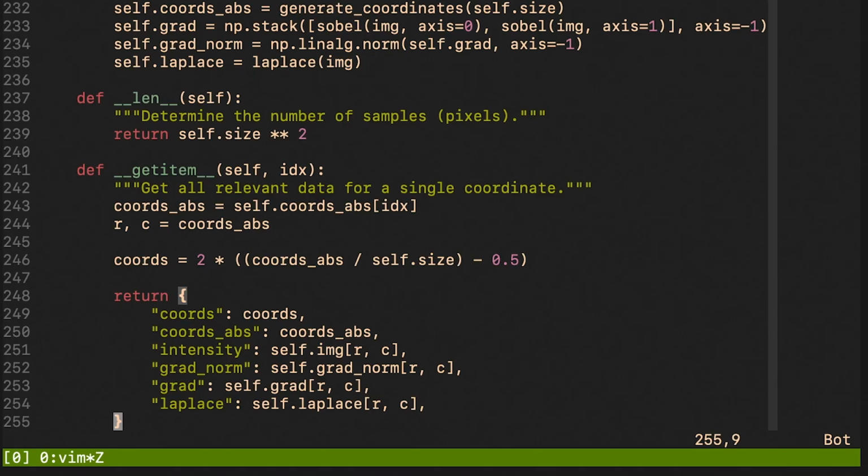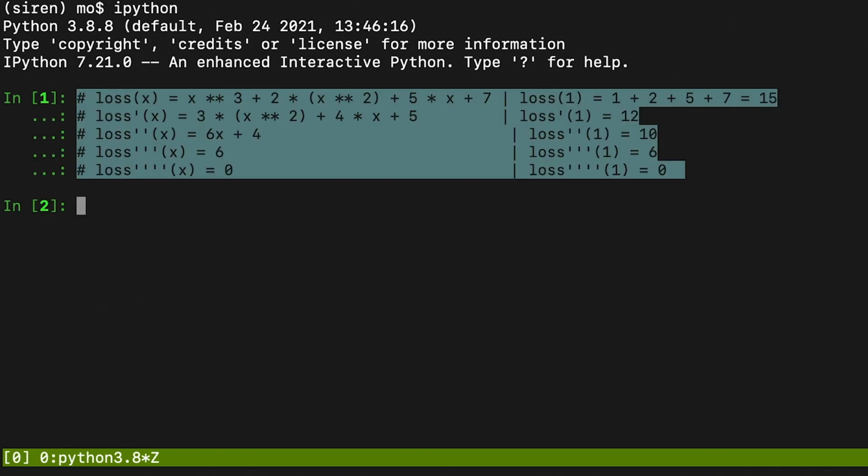And now the only thing left is to write some gradient related utilities that will be using Torch's autograd. Before we start though, let me just give you a quick overview on higher order derivatives in Torch. So I just copy-pasted a loss function that is nothing else than a single variable polynomial and all of its derivatives. And we'll try to do this calculation in Torch. Actually, it's extremely simple, and there's just one small trick that you need to be aware of.